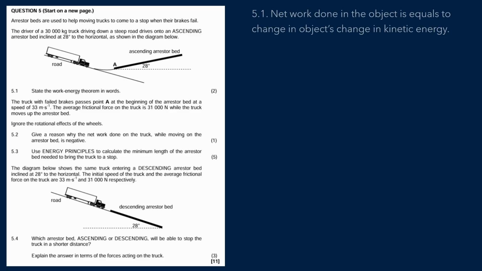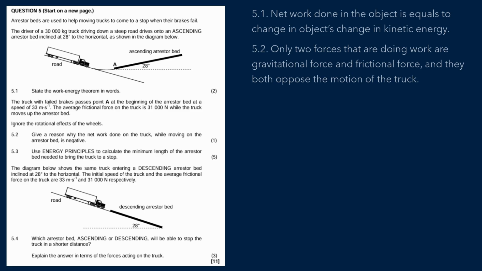And the reason is the only two forces that are doing work are gravitational force and frictional force, and they both oppose the motion of the truck, and hence the net work done on the truck will be negative. 5.3. Use the energy principle to calculate the minimum length of the arrestor bed needed to bring the truck to a stop. First, I went on to say work net is equal to change in kinetic energy, and expanding that formula,